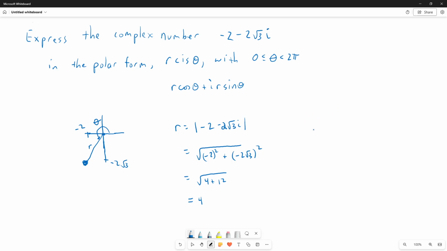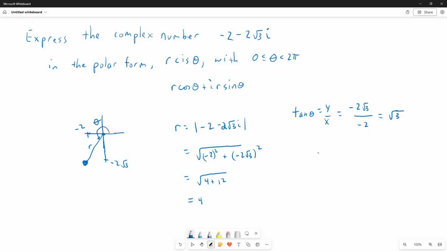Now for theta, we'll use the tangent function. The tangent of theta is y over x. That's the imaginary part divided by the real part. -2 root 3, that's our y, the imaginary part, and -2 is the real part, the x. And that ratio simplifies to square root of 3. So the tangent of theta is the square root of 3,